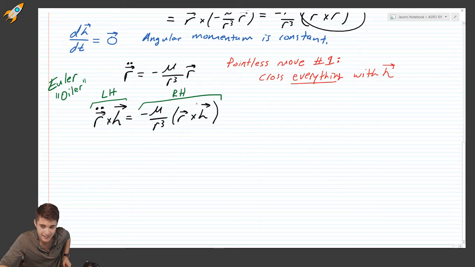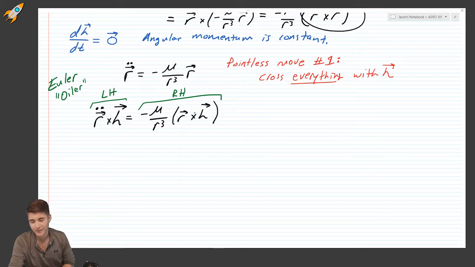So, left hand and right hand. Kelly, that joke. Left-hand side and right-hand side. We're going to do some modifications with the left-hand side and the right-hand side, and we're going to see if we can make this a little bit simpler to understand, right? First thing we're going to do is, well,